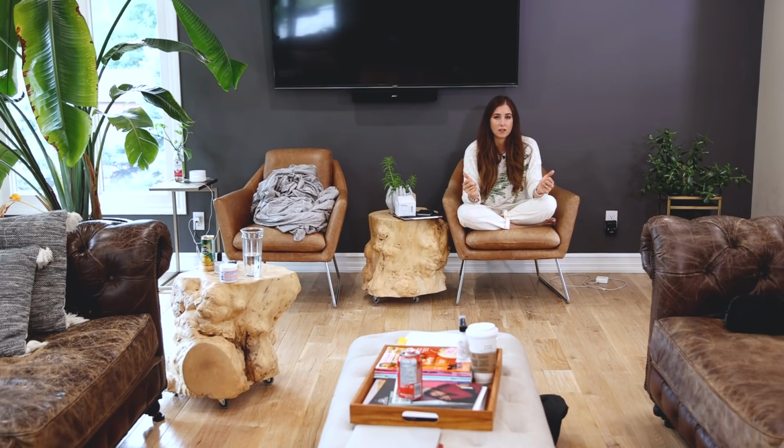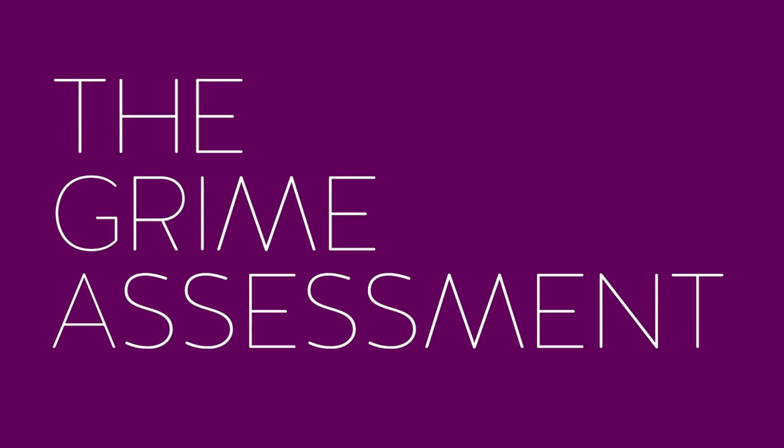Really and truly, the more clutter there is, the longer it's going to take to clean a home. So if you want to make your home look clean, one of the quickest ways to do that is to lose the clutter. Two areas I haven't addressed yet, but I would check in any home assessment, would be the